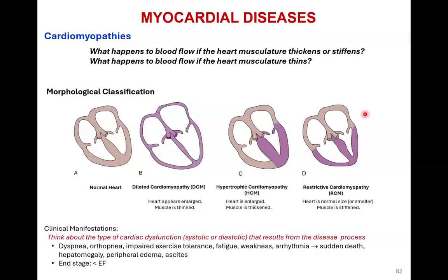Hypertrophic: thicker, big, hypertrophy, right? We talked about the left ventricle undergoing hypertrophy with aortic valve stenosis. Restrictive simply means stiffening, right? And so those are the morphological classifications, and I've put below here what's going on, right? So in terms of understanding the clinical manifestations that result from either a dilated, a hypertrophic, or a restrictive cardiomyopathy,